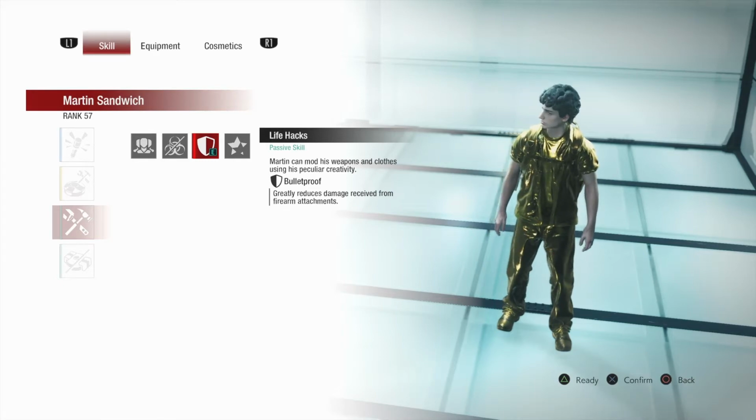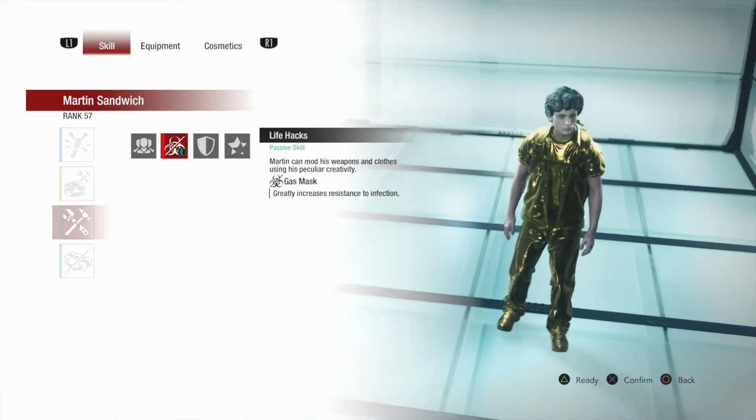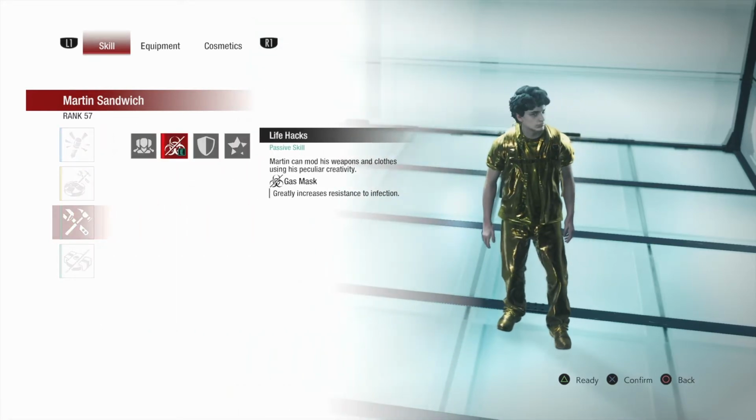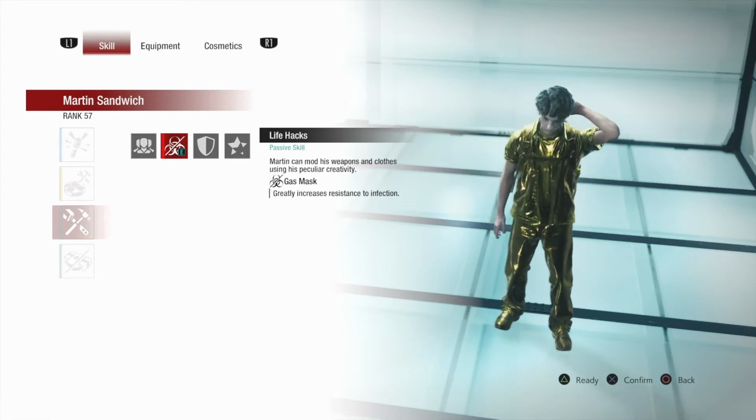So you're helping, you're teaming that way. It's very meta in that way. However, lately I just started using this instead, which is a gas mask, which is probably more meta because if you're playing Nat, Daniel, all those masterminds are going to be running